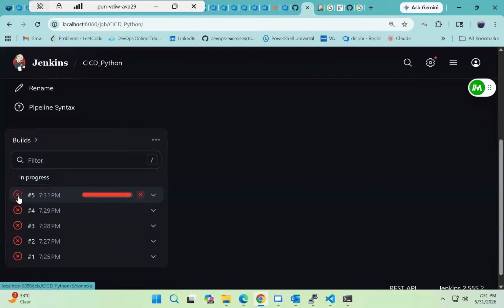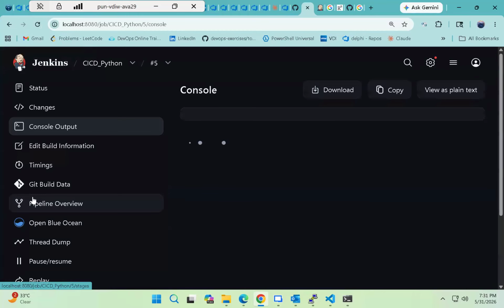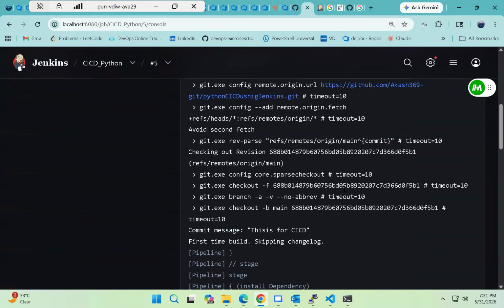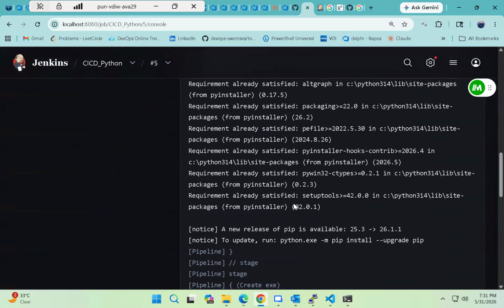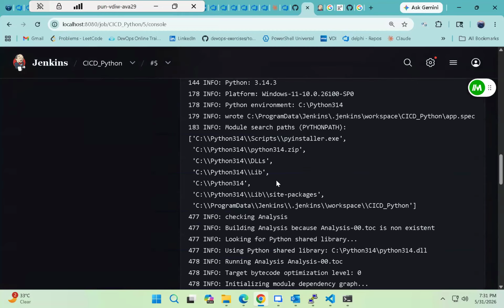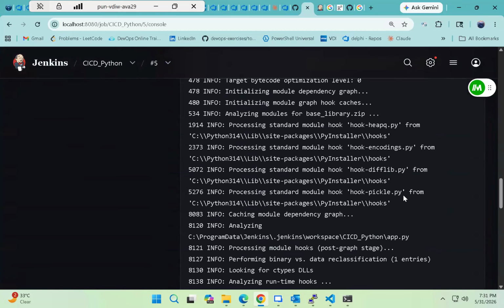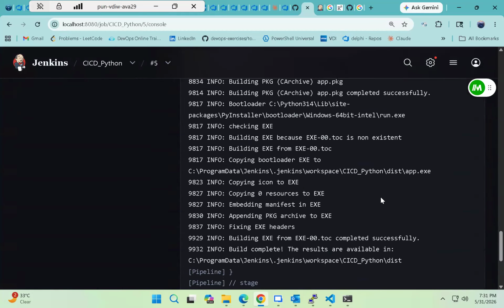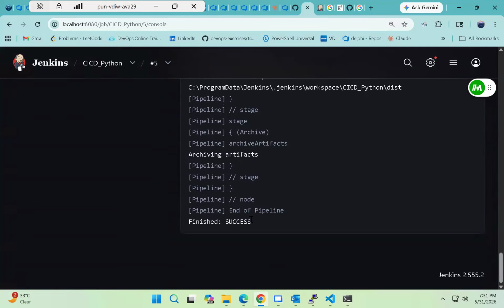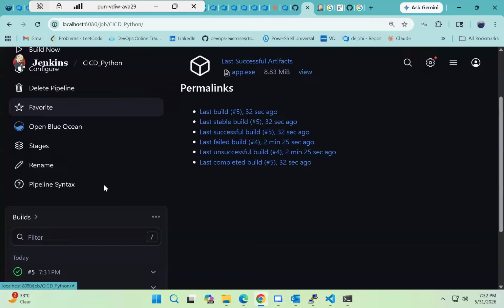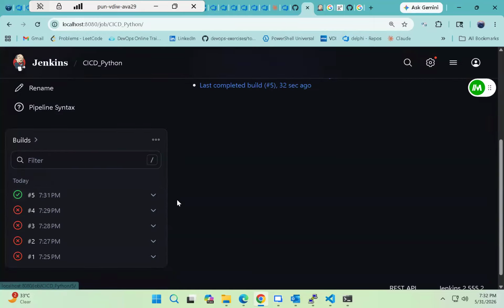So it is building right now. I can click on it and check what stage is going on. So the installer is already there. These are the installer exes, archiving artifacts and finished, which means it is successful. Now to check the exe,